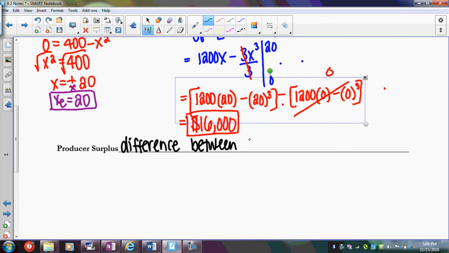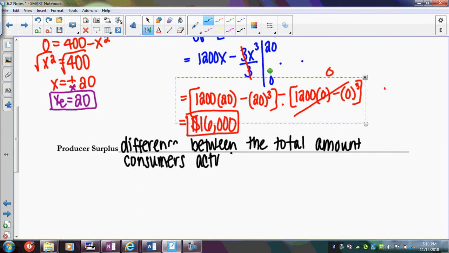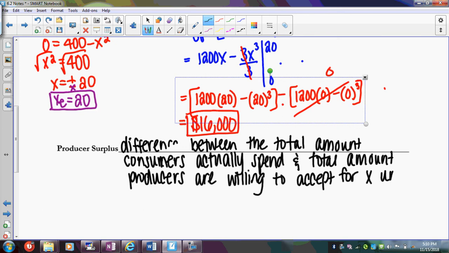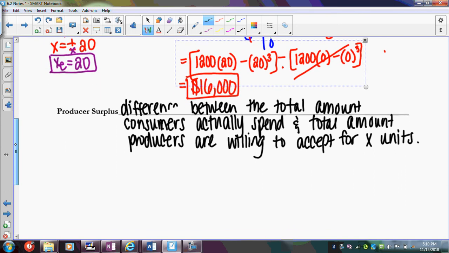between the total amount consumers actually spend and the total amount producers are willing to accept for X units. So if we get a visual for this one,